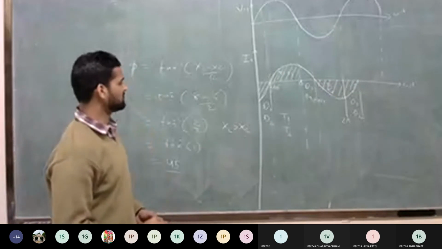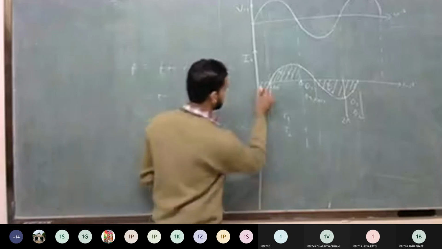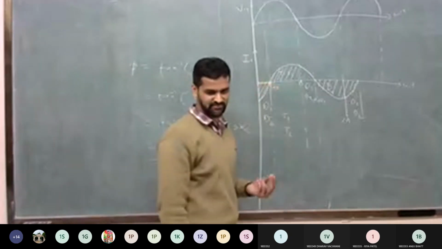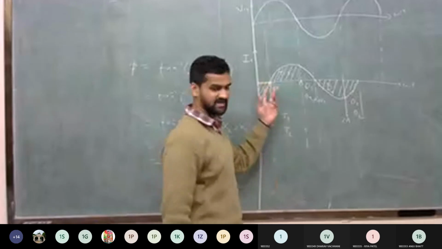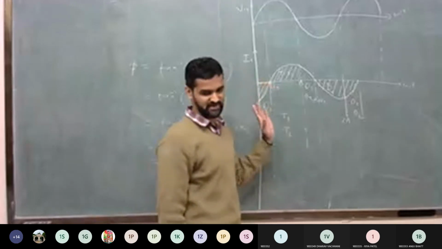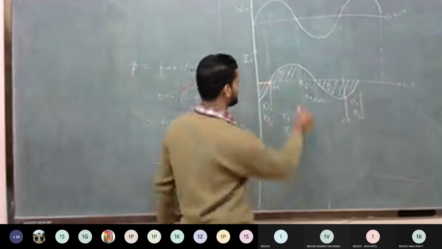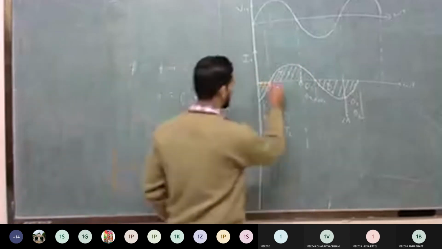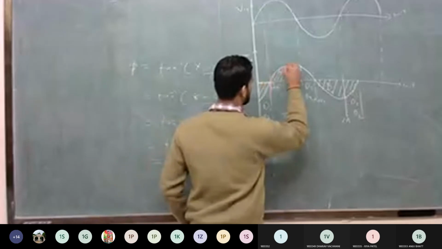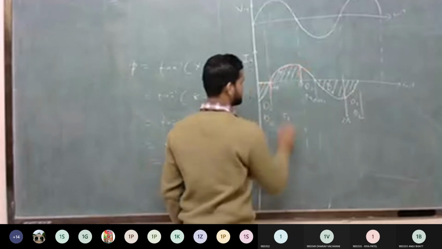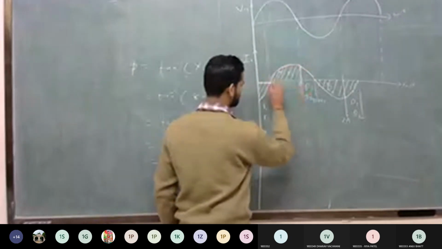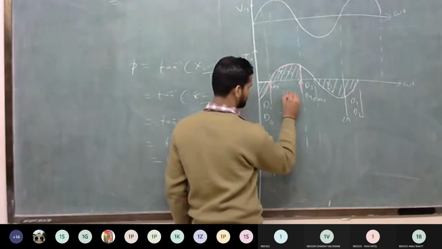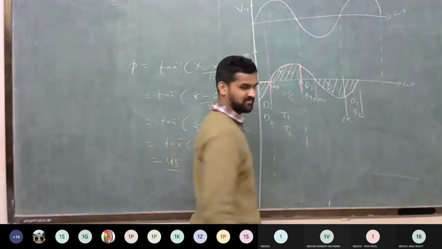Clear? Now here you can see that the diode is conducting 0 to 45. It means the duration is 45, so take the integration from 0 to 45. Then you calculate the RMS value. Here the thyristor is conducting from 45 degree up to pi degree. So this period is how much? 180 minus 45, it is 135. So you will write 3 pi by 4.